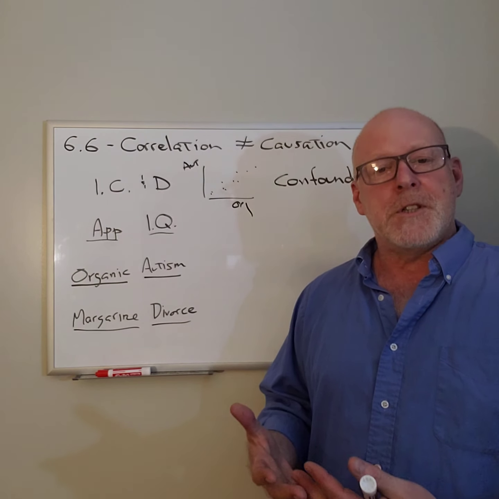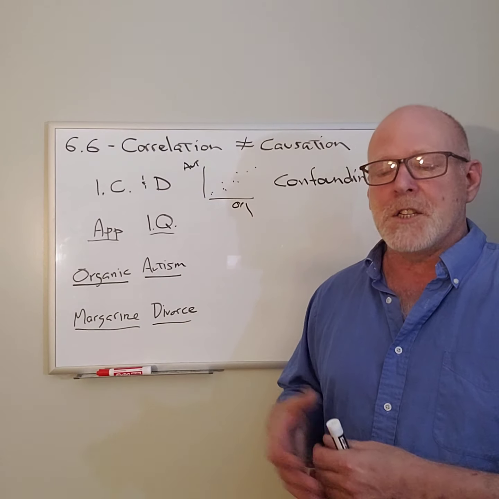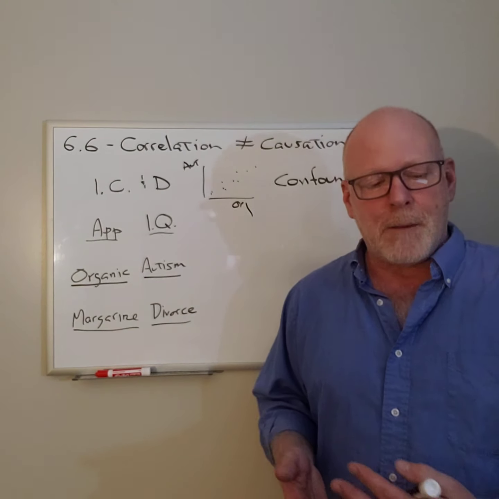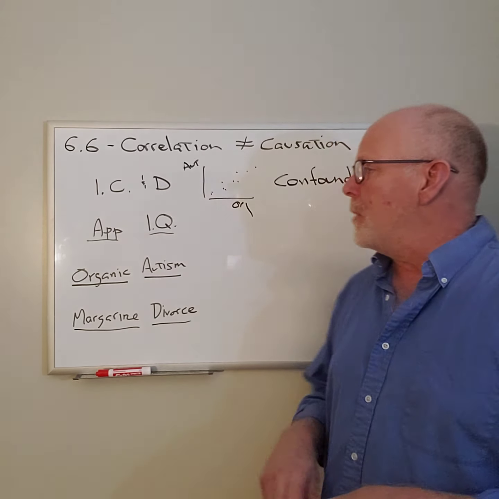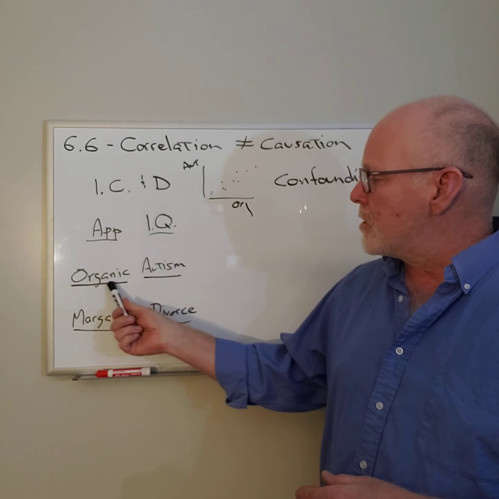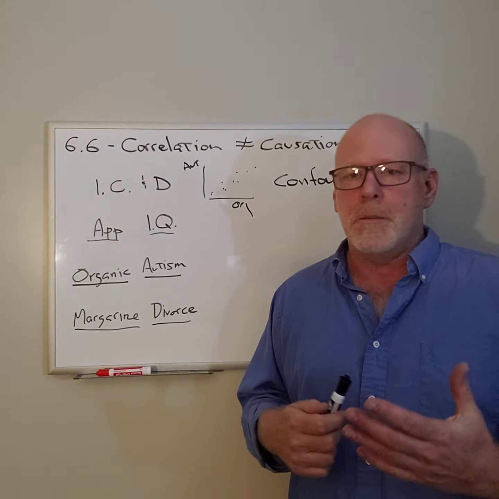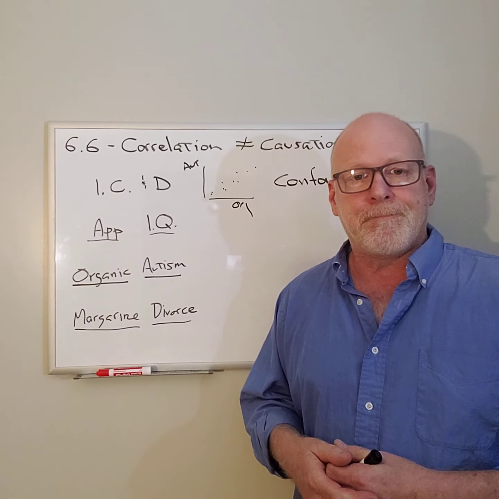Okay, so I just want you to understand, you don't really need to do anything with this. I want you to understand that just because two things are correlated does not mean that there's any sort of causal relationship between them. It could be caused by something else, as in the heat here, or just what year it is here, or it could be just a complete coincidence, like the margarine and the divorce. All right?